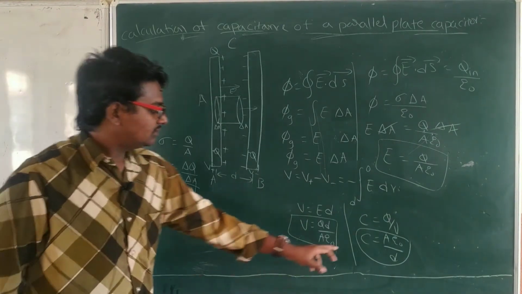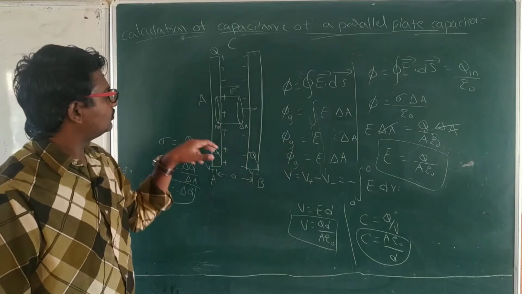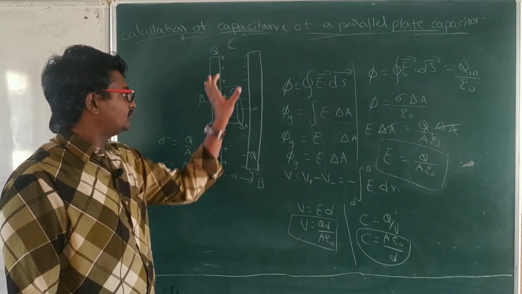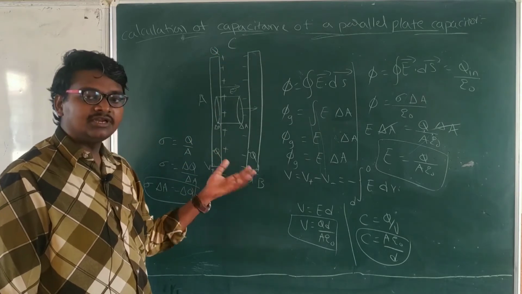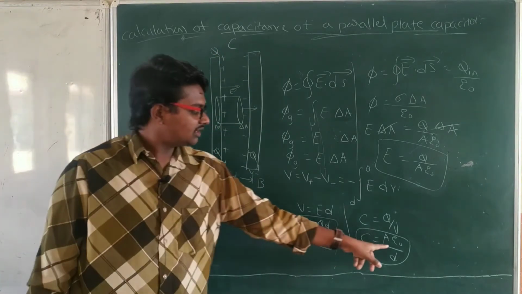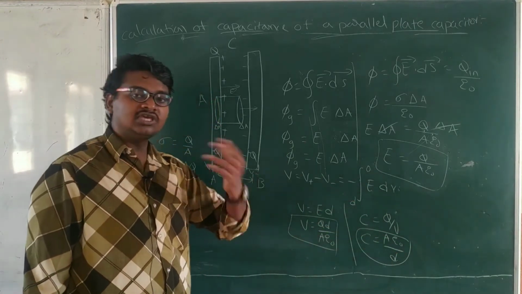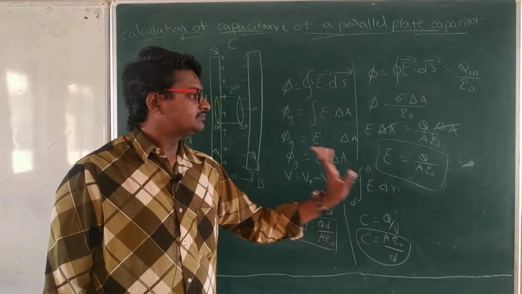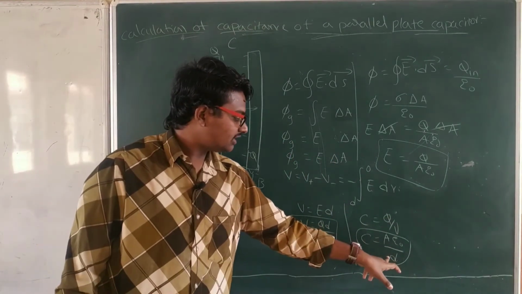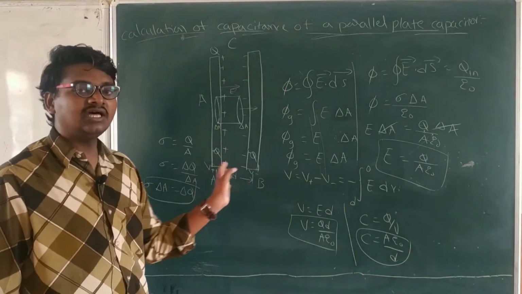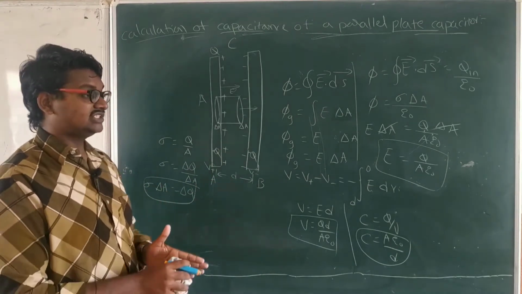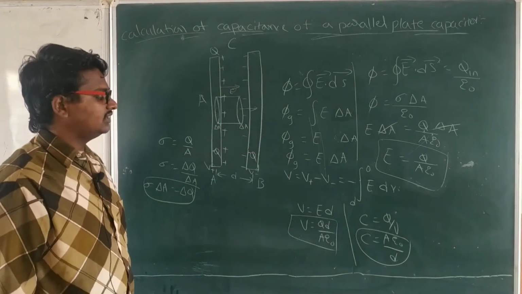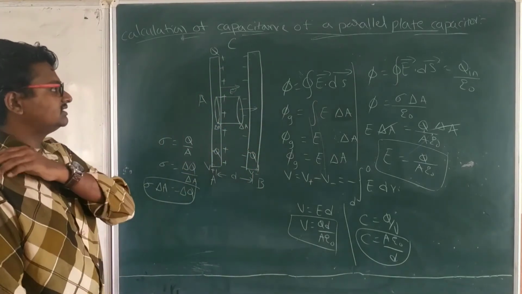Capacitance is equal to the area of the plates into epsilon naught, the permittivity of free space. For example, if you have kept some dielectric medium there, epsilon naught will be removed and we are going to keep some dielectric constant K, and we will find the relative permittivity and substitute it there, divided by D. D means the distance between the plates. It means as the distance increases, capacitance decreases. Right, that's it. C is equal to A epsilon naught by D. That's it now.